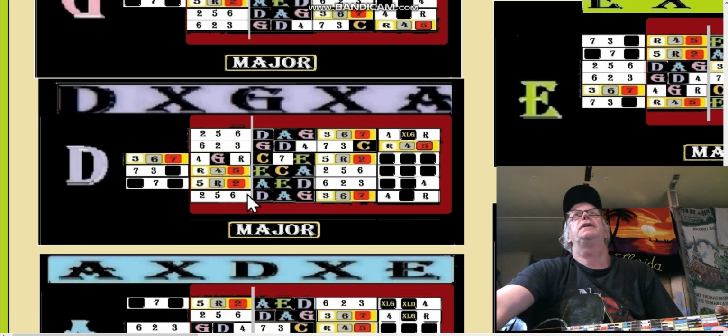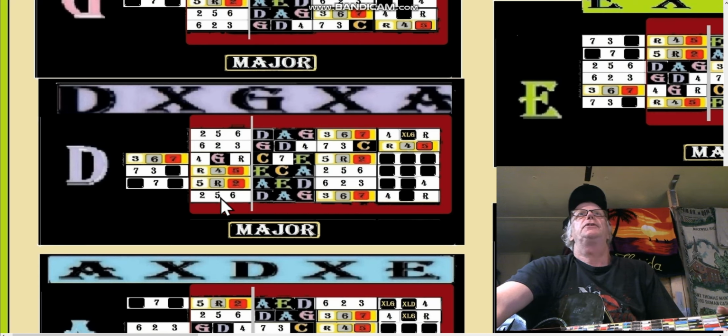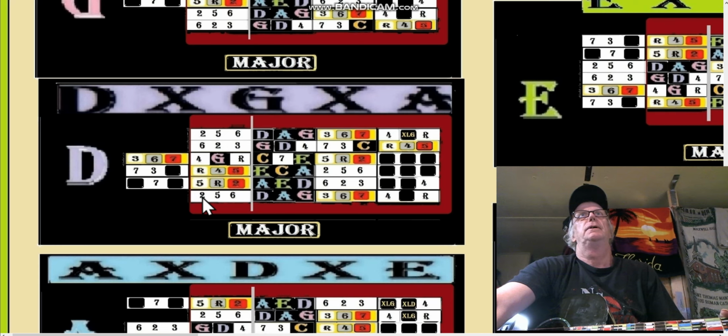Okay, it's an A shape. It actually is the same shape as the D. So I've learned this already. This D, G, A only pertains to the first numbers. Okay, so this isn't entirely correct. This 2, 5, 6 doesn't go D, G, A. The 5, which is A shaped there,